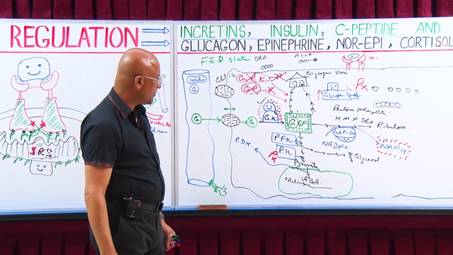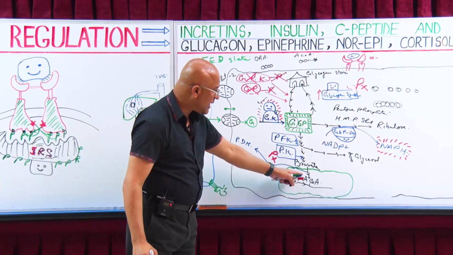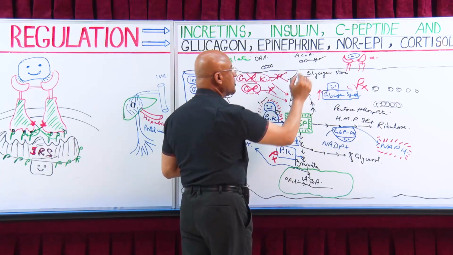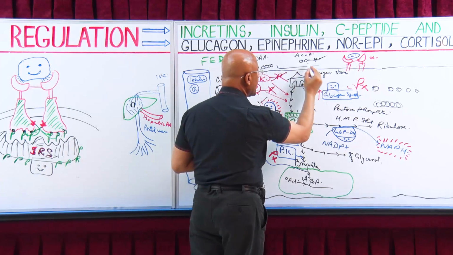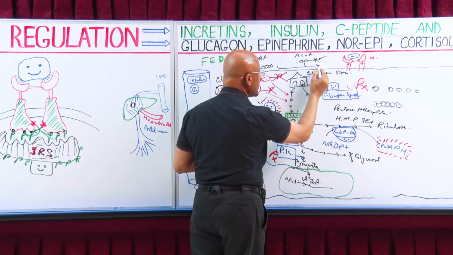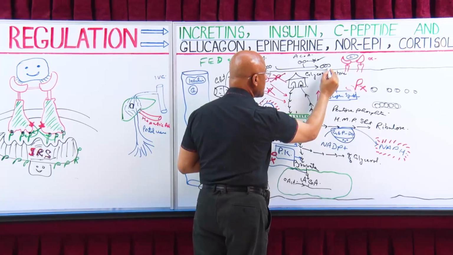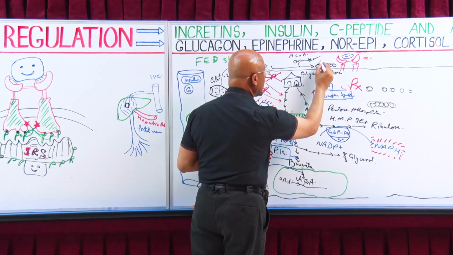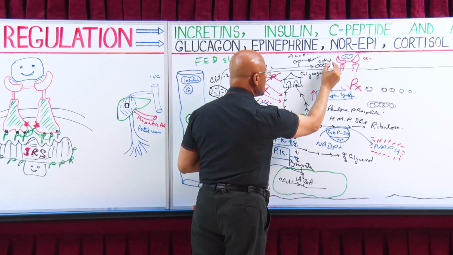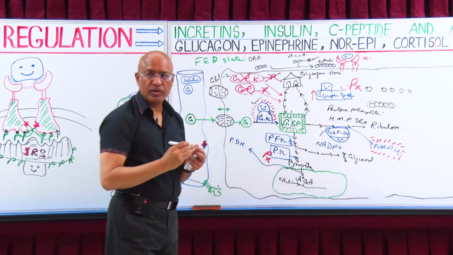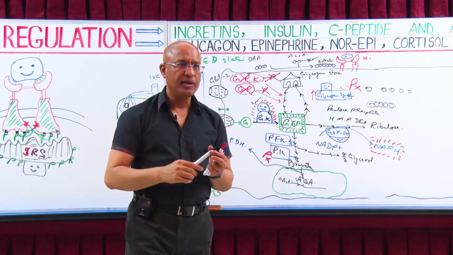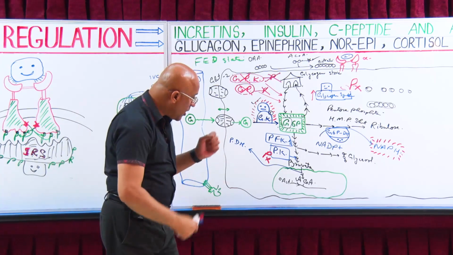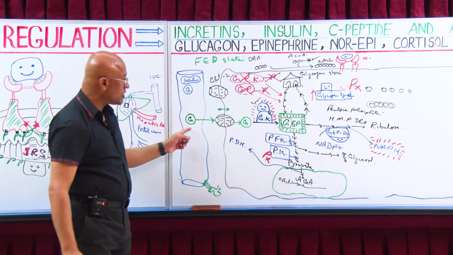Now what happens? Oxaloacetate and acetyl-CoA become together and CoA is removed. When they unite with each other, they end up with how many carbons? 6. And this 6 carbon unit is called citrate. What is it? Citrate. It is not glucose because here the carbons are arranged in a different way. So we call it citrate. Am I clear?